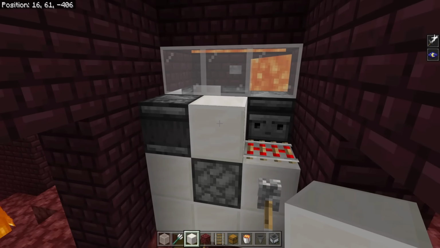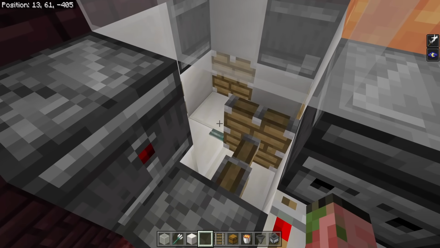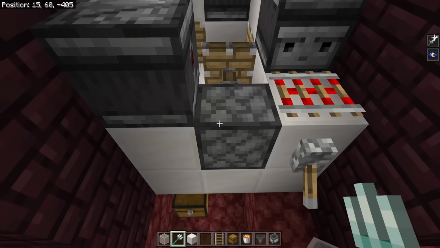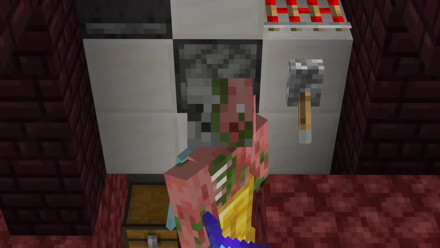If you want to test out your system, you can break this block right here and then throw something into your Trident Killer, and if it disappears and ends up in your chest, then you know your item collection is working perfectly. As always with a Trident Killer, if you want to get the looting 3 effect from every mob